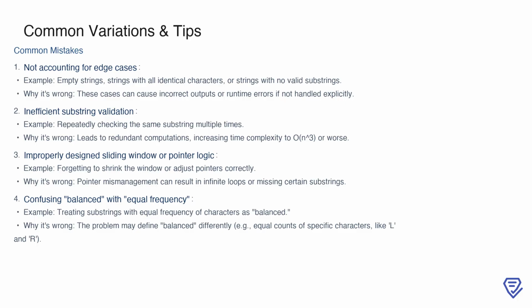Another error is inefficient substring validation, like repeatedly checking the same substring multiple times. This redundancy can significantly increase the time complexity, sometimes to O(n cubed), or worse, making your solution impractical for larger inputs. Additionally, mistakes in designing sliding window or pointer logic are frequent. For example, forgetting to shrink the window or mismanaging pointer adjustments can lead to infinite loops or missing certain substrings